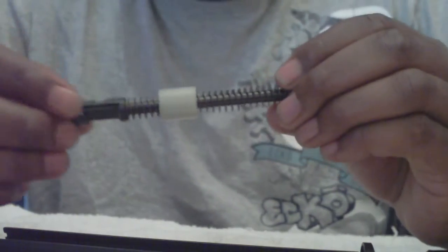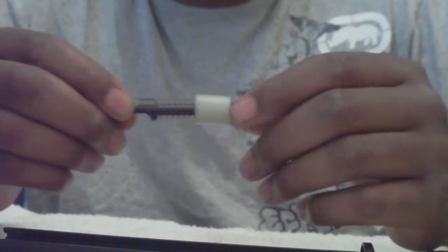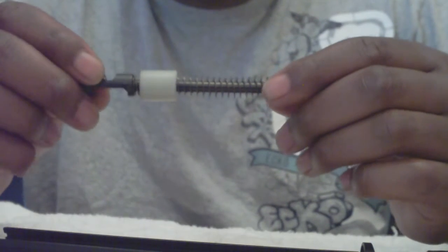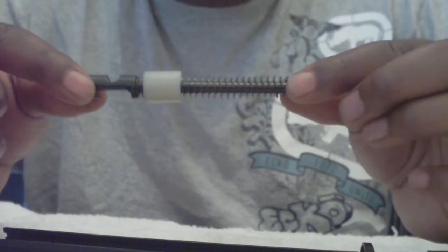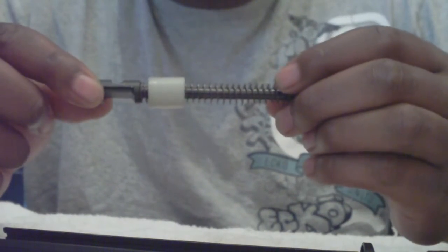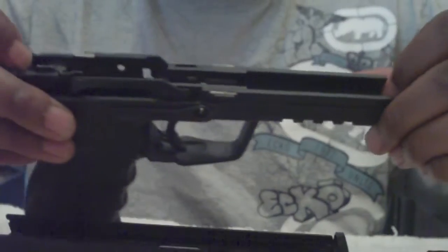Recoil reduction system is basically a polymer, some people would call it plastic, but it's really not plastic. It's a highly durable polymer that will take over 100,000 rounds before you ever need to replace that little polymer piece. And that's basically the takedown of an HK45. You've got your slide, your dust cover or frame,